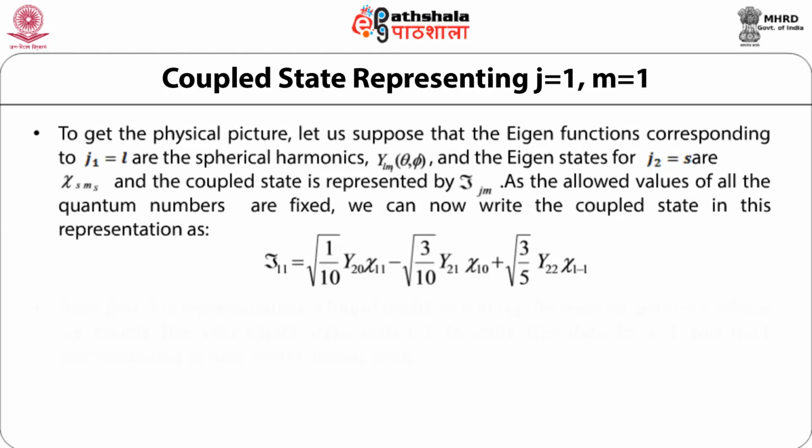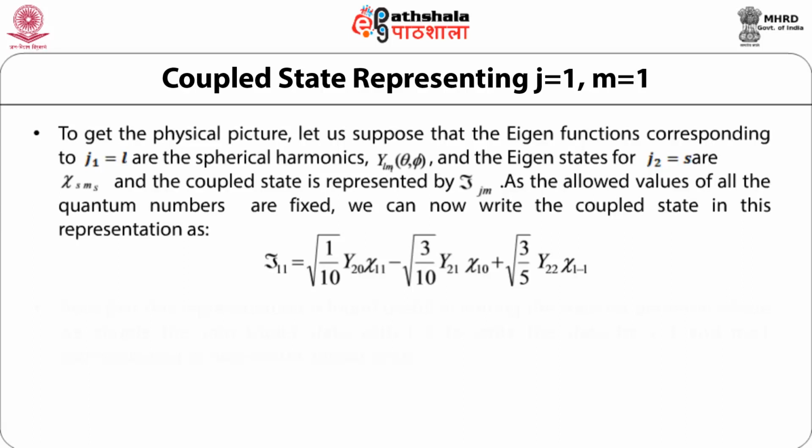Now, as we have seen that the allowed values of all the quantum numbers are fixed, we can write down the coupled state in this representation as the coupled state tau_11, that is corresponding to J equal to 1 and M equal to 1, is given as under root 1 by 10 times Y_20 xi_11 minus under root 3 by 10 times Y_21 xi_10 plus under root 3 by 5 times Y_22 xi_1,-1,